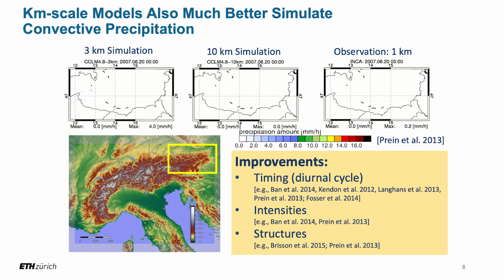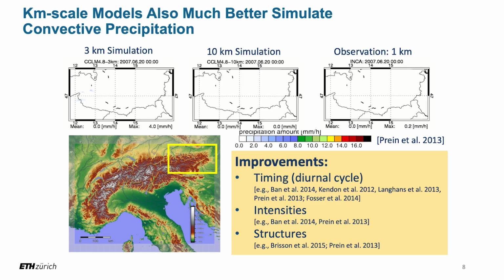What I'm showing you here is how precipitation looks during a typical summer day in the observations, which are on the right, a 10-kilometer version of the Cosmo model in the middle, and a 3-kilometer version on the left. If we focus on the observations first, you see at midnight there's no rain. The morning is clear. Until noon there's no rainfall, and then very heavy pockets of rainfall are popping up. These are the thunderstorms that we all experience in summertime in the afternoon.